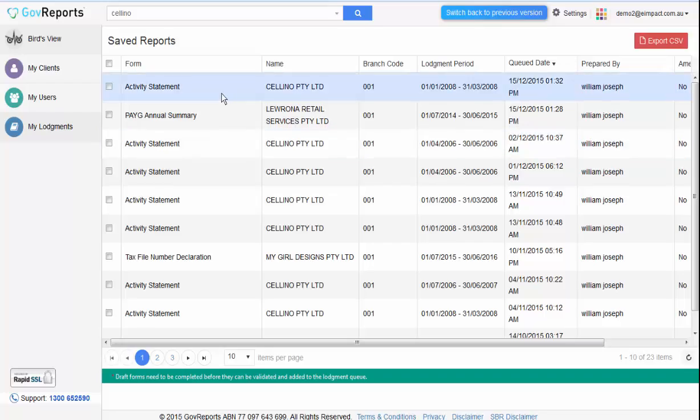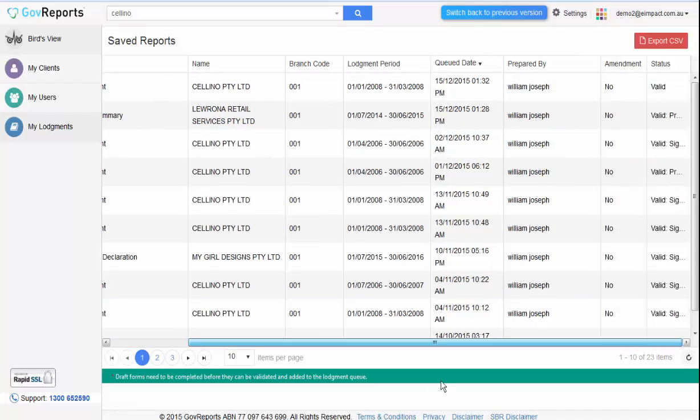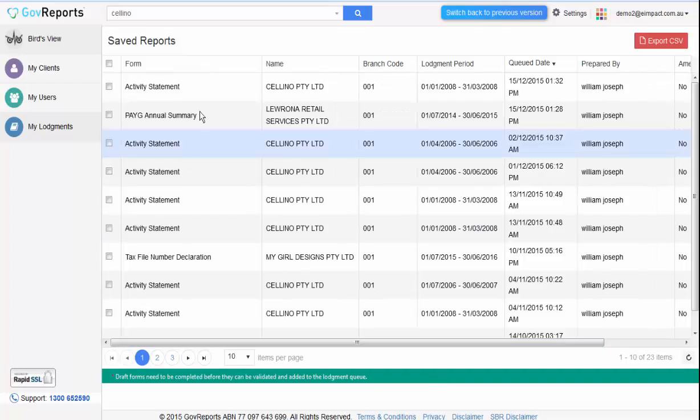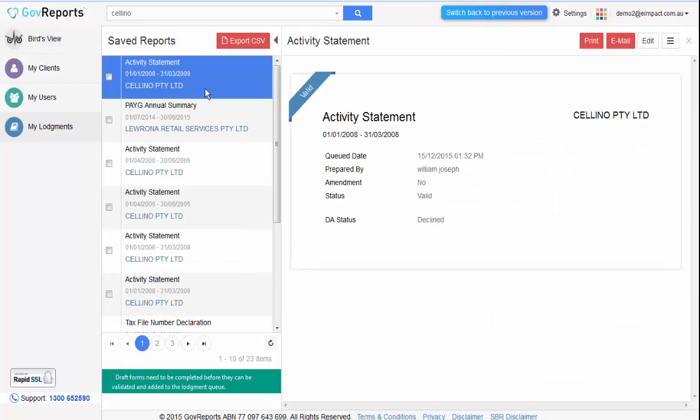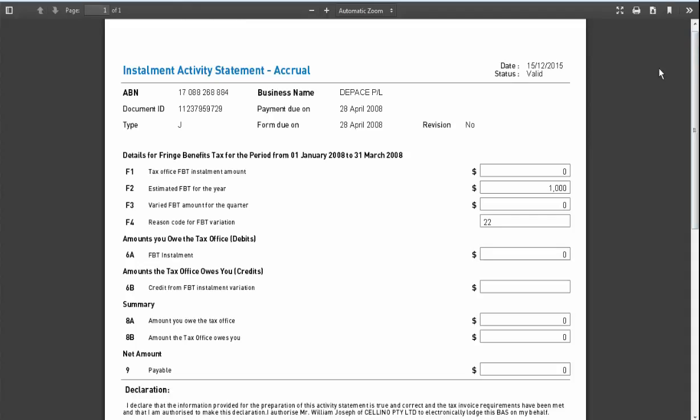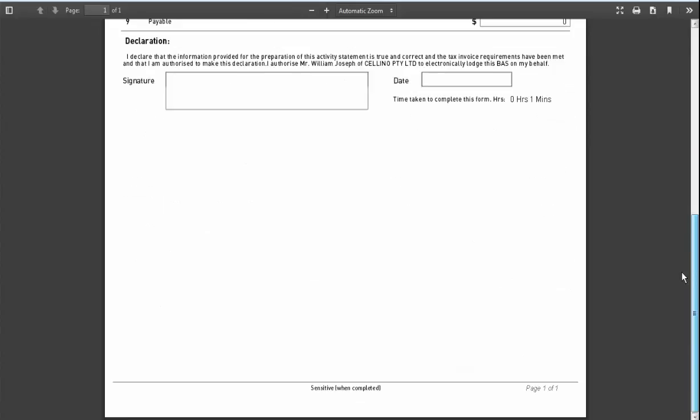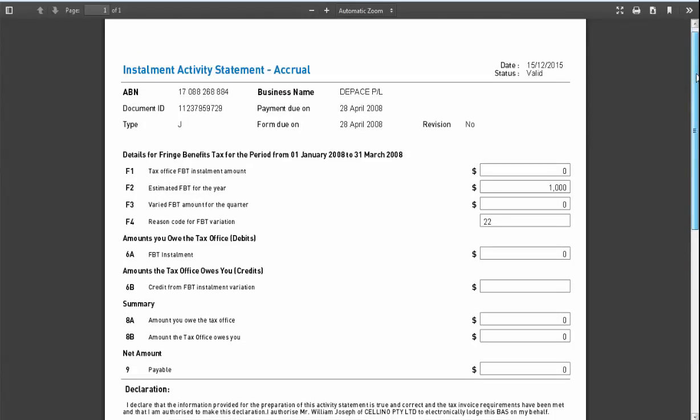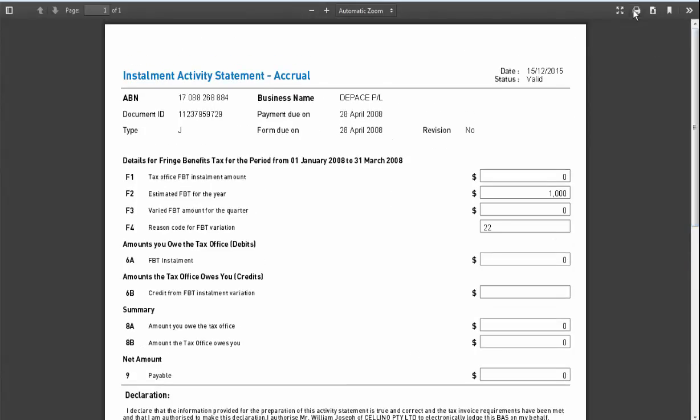In this case, what we're going to do is send an activity statement that has been validated. Like I said, if you click on print, it will print out the activity statements or installment activity statements that you have prepared earlier. You can click on print or download it as a PDF and send it to your clients, or whichever option is suitable for you. So if you click print, make sure you connect to a printer.